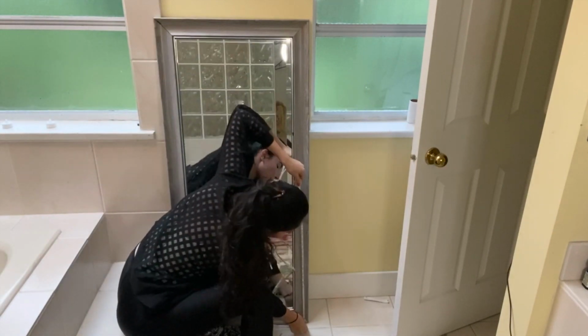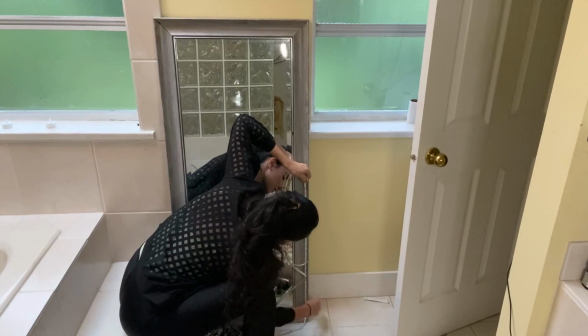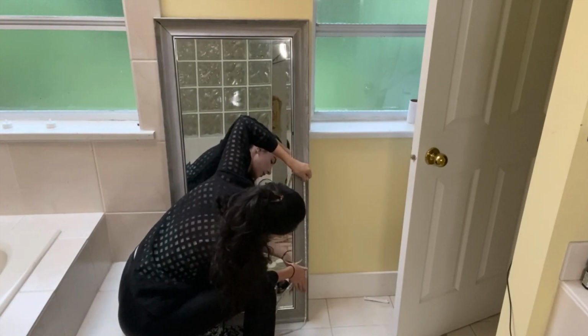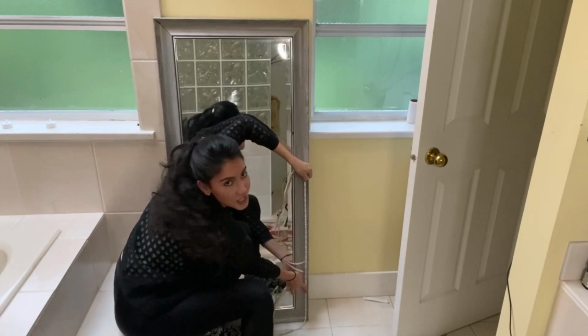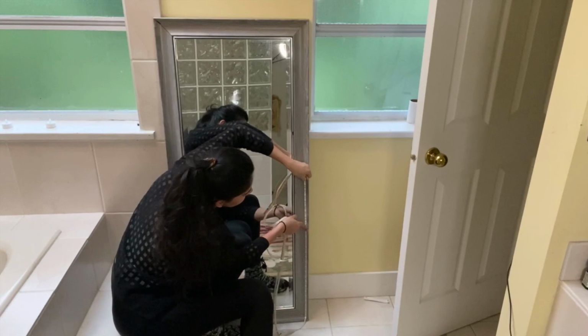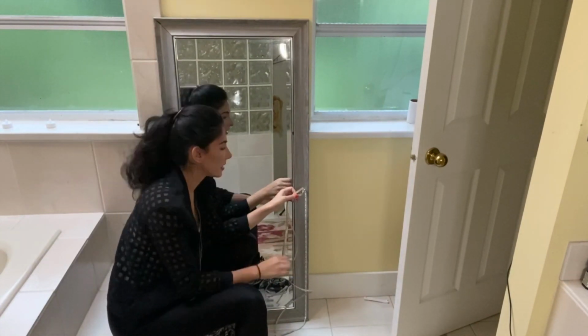Slowly sticking it from the bottom up. And then just push on it so that it sticks down. Just running my fingers on it so that it sticks down. The way that I do it so that it stays straight,